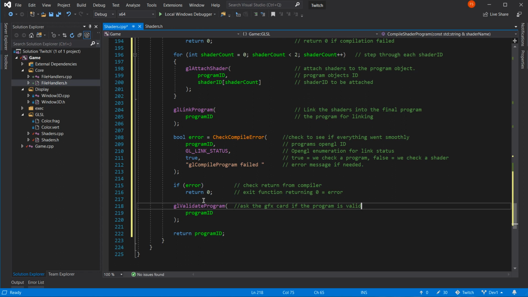Got to be very careful how I word that. And of course that's the program ID. OpenGL program ID. Lovely.